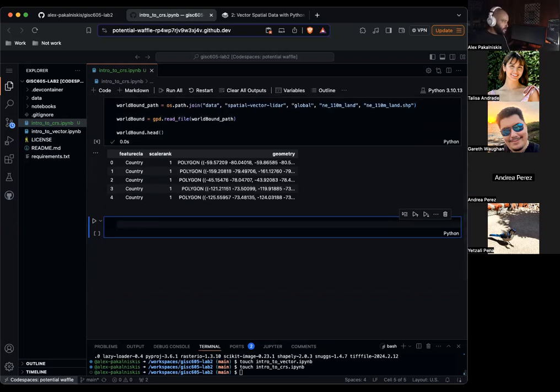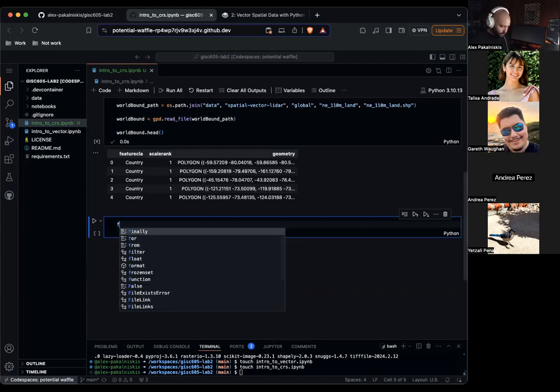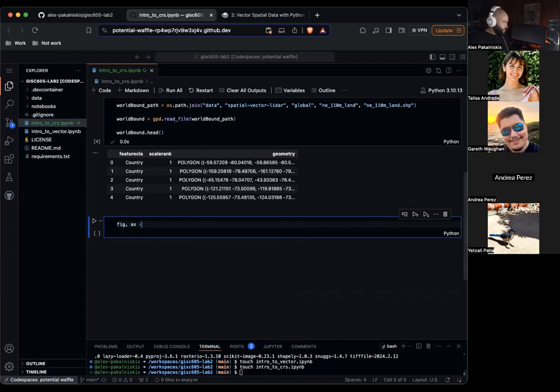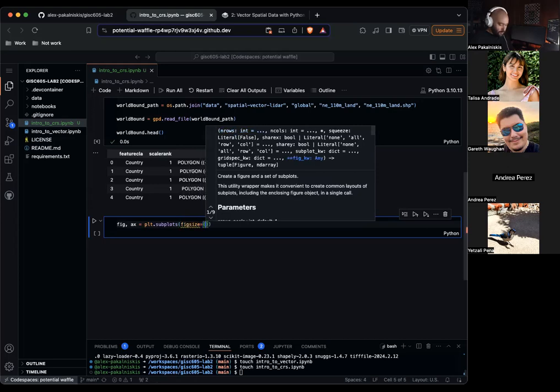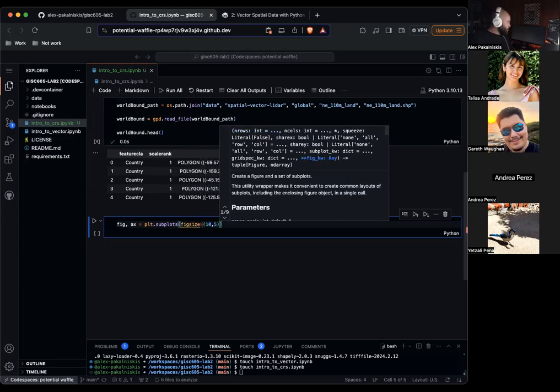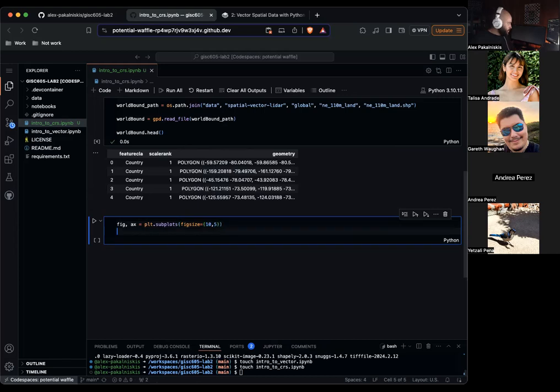So let's actually plot this data now. We do 10 by 5. Bound dot plot. Let's make the color dark gray. Let's make the color purple.